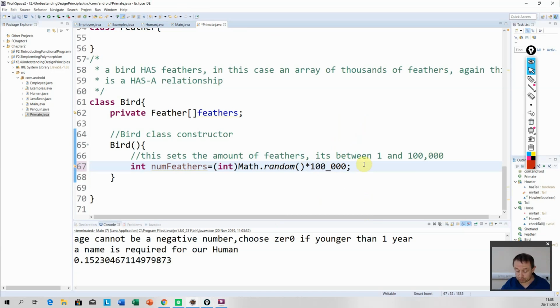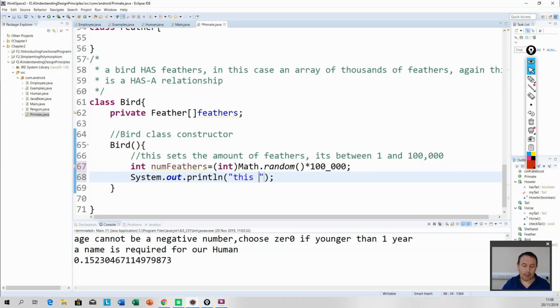I'm just going to print it out. So SYSO, this bird has numFeathers plus feathers,